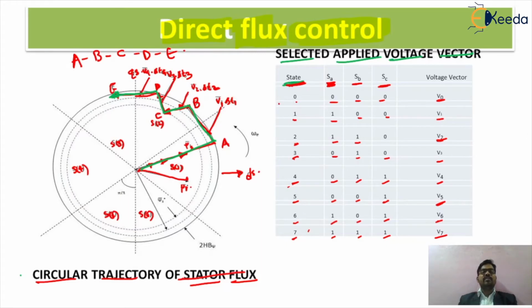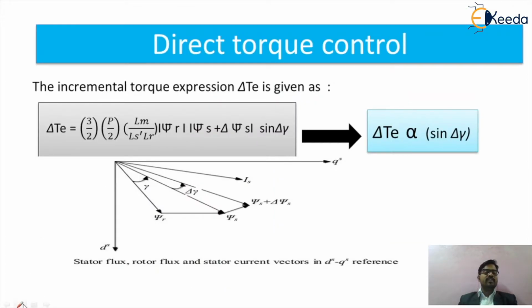So this will be in concern with your direct flux control. Okay, now we are moving towards the direct torque control scheme. In the direct torque control scheme, we are getting the output of the term in concern with the torque strategy. So obviously, what do you mean by del TE? It is the incremental torque expression. We call del TE a unit vector component of your torque, and that will be given by means of the simple phasor representation, or a rotating reference frame representation of the stator flux, rotor flux, and the stator current vectors in concern with the DS and QS reference.